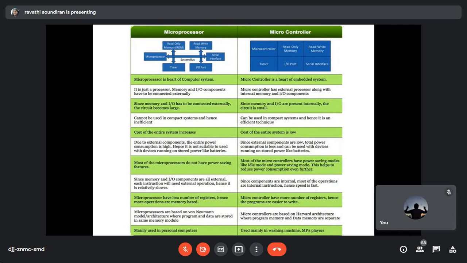Registers, and hence the programs are easier to write. Yes. And if you look into the architecture, I suppose we have discussed the von Neumann architecture. So this is the basic architecture. You have to understand that in that architecture, the program and the data are stored in the same memory module. Whereas in your microcontroller, it works on Harvard architecture,